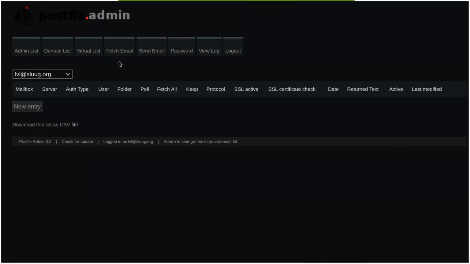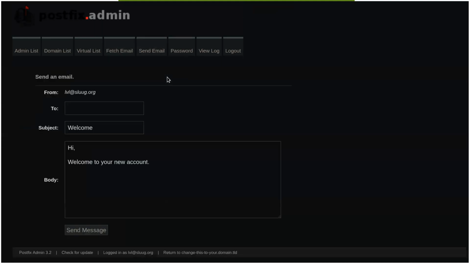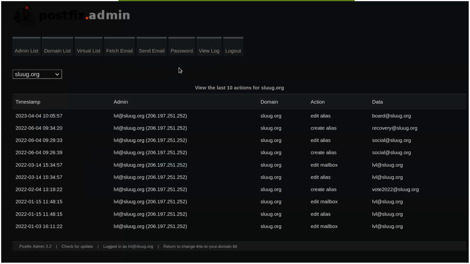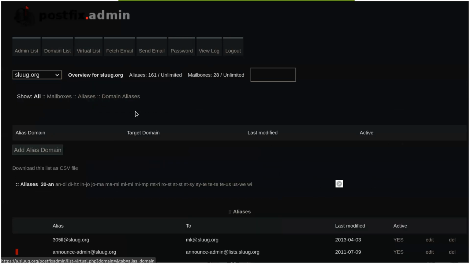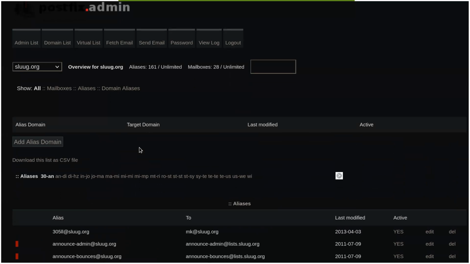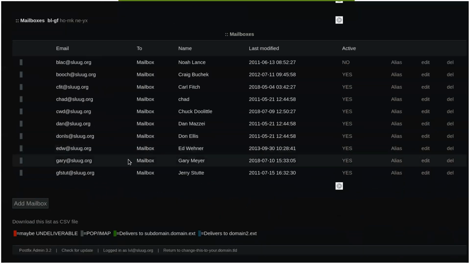Some of the stuff I've never even looked at. Send mail, or send an email just for a test. Change your password. View mail logs. Or view the admin operations. Yeah, I've been using it for four or five years now, and it works. And it's a lot easier than mucking around with text files like access and stuff like that.